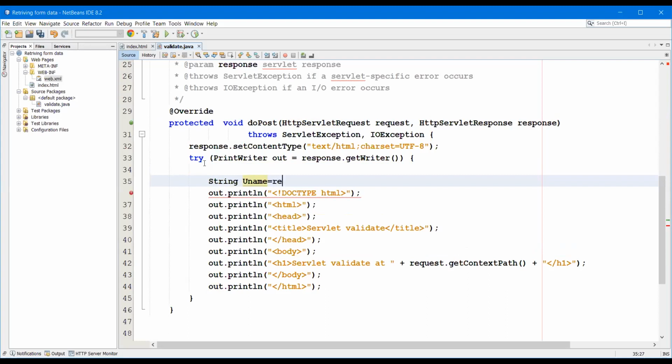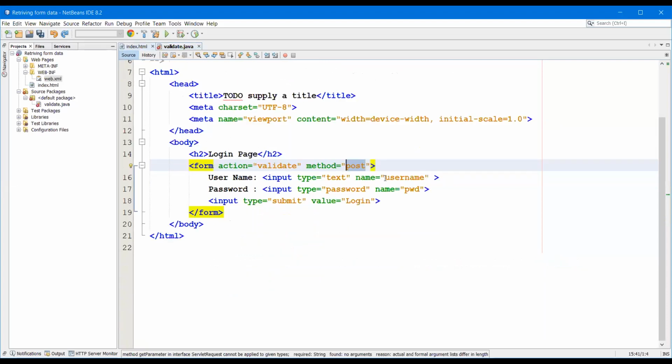So request dot getParameter. Here we need to give the name of that parameter. What is the username parameter name? Username. So we have to use that one.